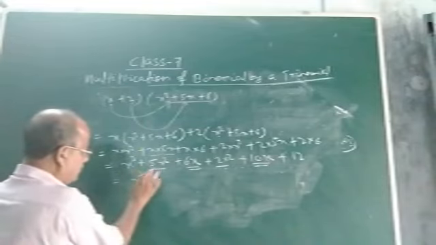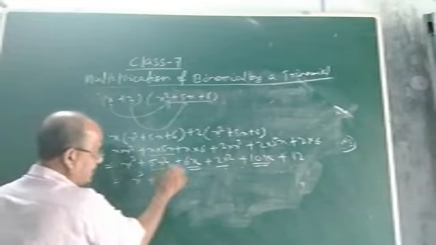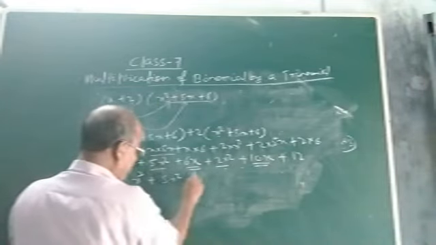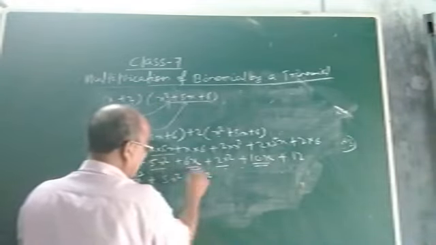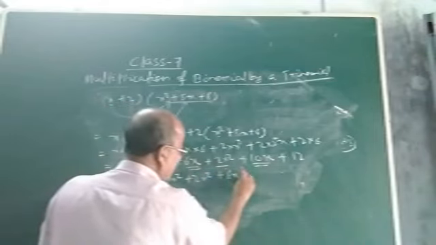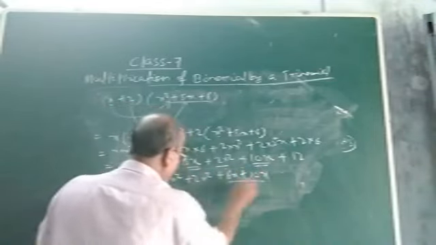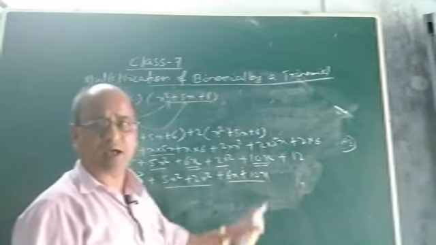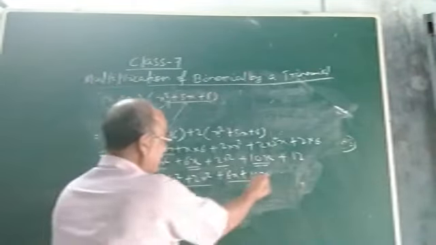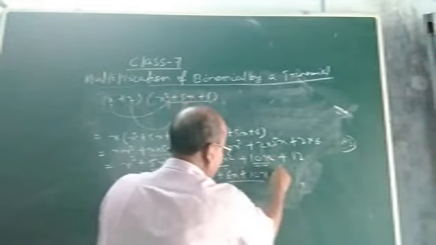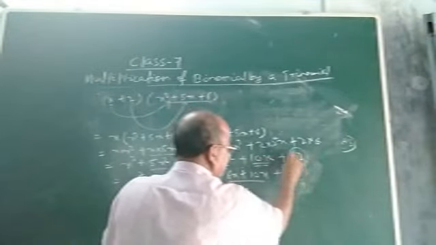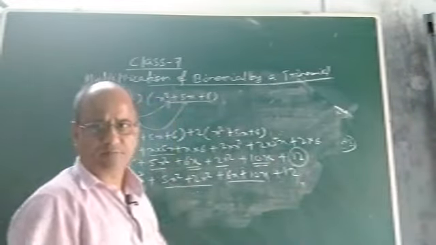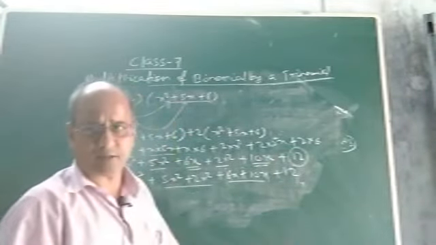x cube. Now first you arrange the like terms. You see, plus 5x square plus 2x square, then plus 6x plus 10x. You see, I am arranging the like terms here because these are the like terms and I have to add them. Then the only constant is 12. See, 12 has no like term. It is the only term. There is no other constant in the algebraic expression.